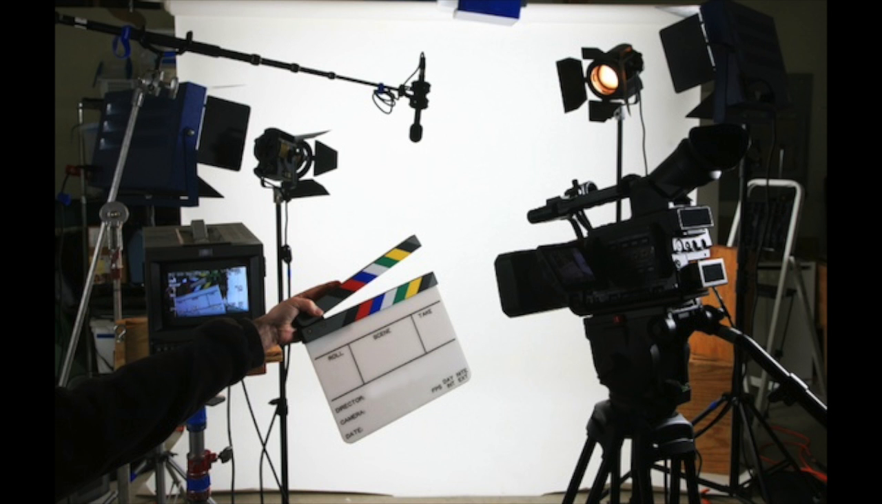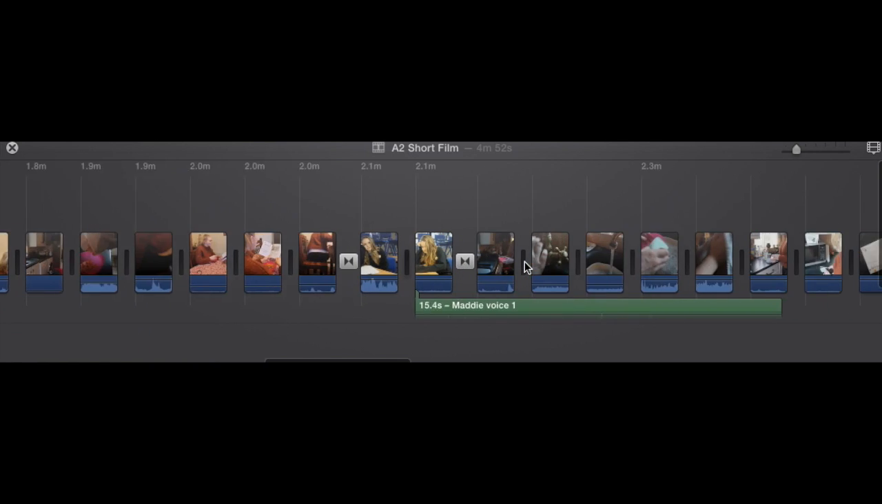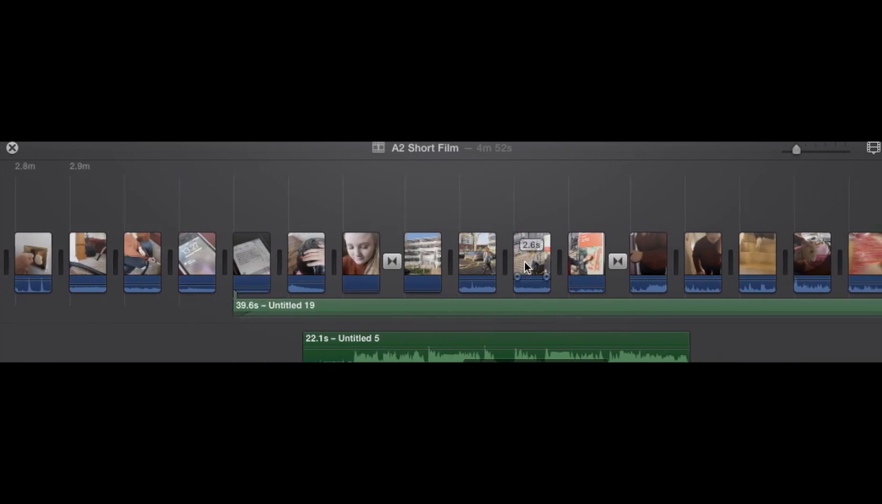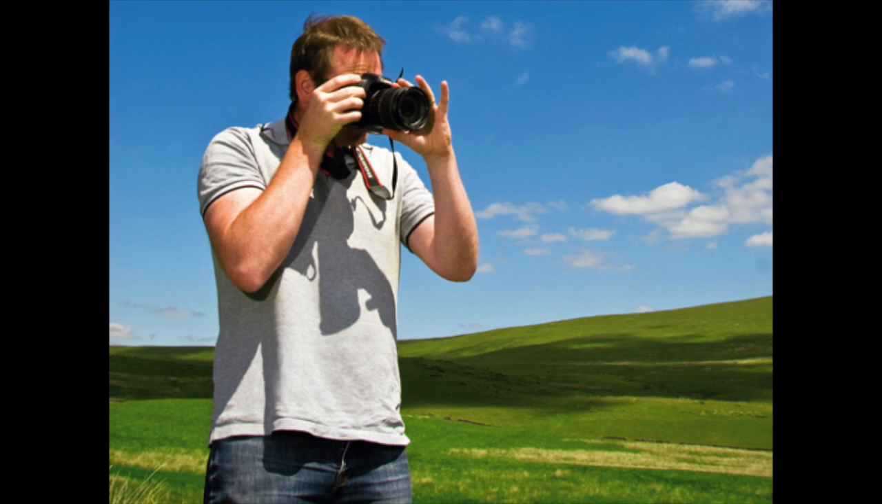For the actual production process of my short film, I again used the Canon 1100 DSLR digital camera. This camera was excellent to use and it took high quality shots throughout, which made it easy for me to work with when it came to editing on iMovie, as I didn't have to edit any shots, such as sharpening or stabilising. It offered a viewfinder which I was always able to use to view the shot,